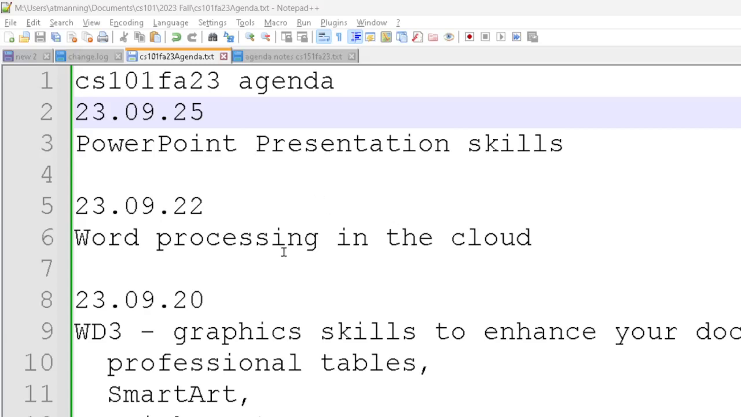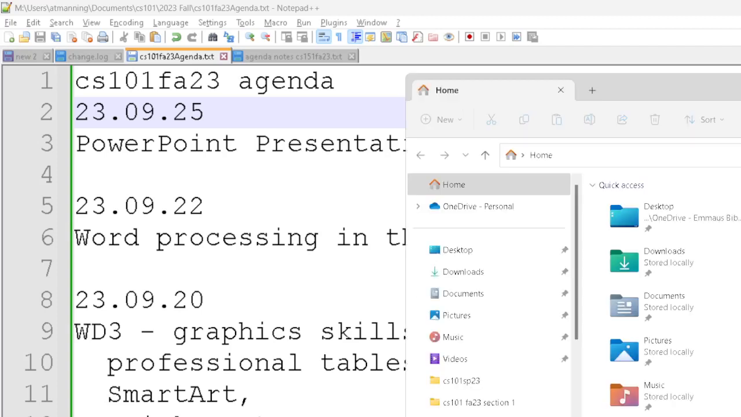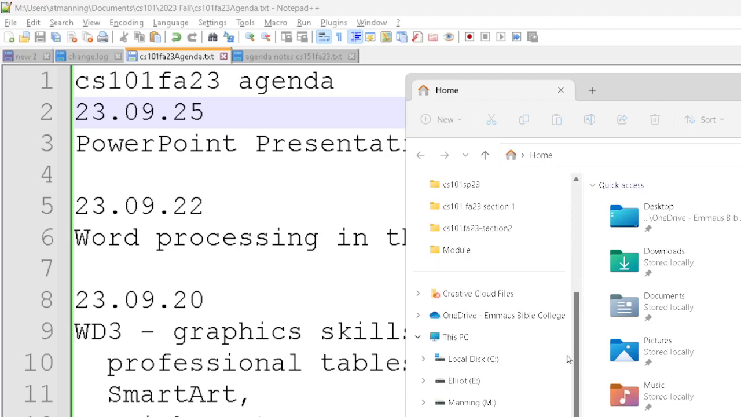We're going to do PowerPoint today. I want to show you a little bit of details about PowerPoint, and it applies to Word as well. I'm going to bring up my File Explorer here for a second, and I'm going to go down to my